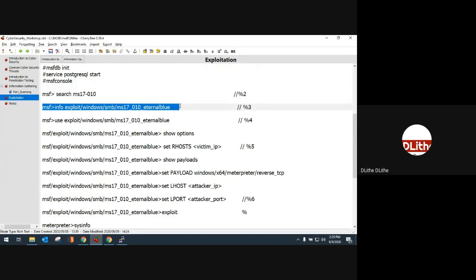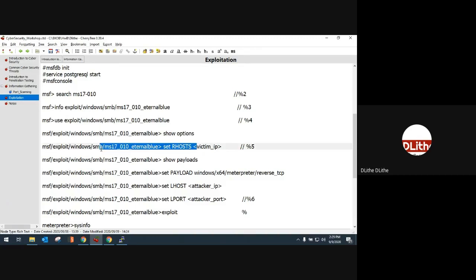Even if you get a single search result or multiple search results, I would recommend always going through the exploit details using info, and only when you verify that the exploit information matches my victim's information, only then go forward. That is, you will have to import the script. You have to see what information is required for the attack to work, which is identify which is mandatory and which is optional.